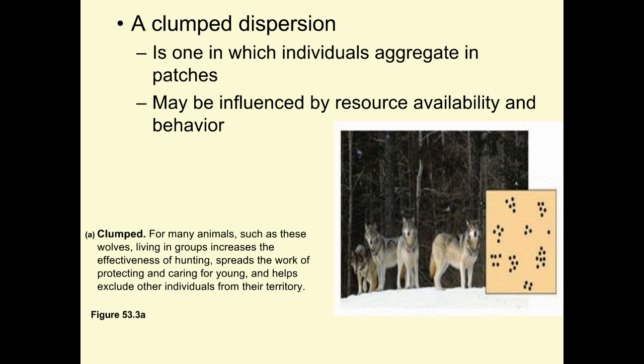Clump dispersion is where we have a lot of social activity with animals. So you can think of wolves. You can think of even the sharks in that last image. Some sharks will group together. Dolphins in pods, or whales in pods. So organisms have some type of grouping mechanism and communication between them. So that is clump dispersion. There's usually a lot of social interaction, and there's also usually some type of hierarchy within their unit.